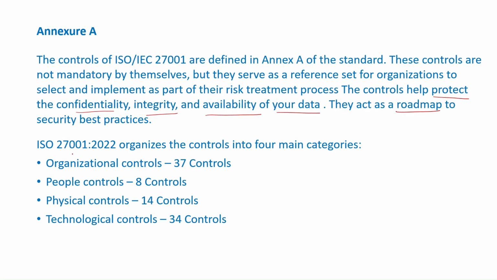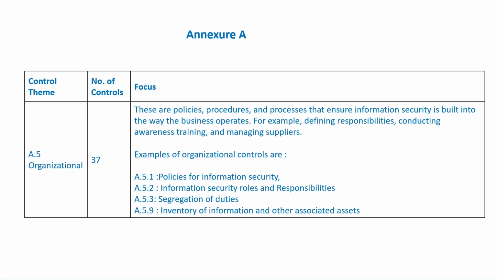The ISO 27001 2022 version has categorized these controls into four main categories: organizational control, people control, physical control, and technological control. Each category has a certain set of controls, like organizational controls has 37, and the people category has 8 controls, and the rest you can see in the slide. Now let us understand what organizational control is. The naming convention will be like this: